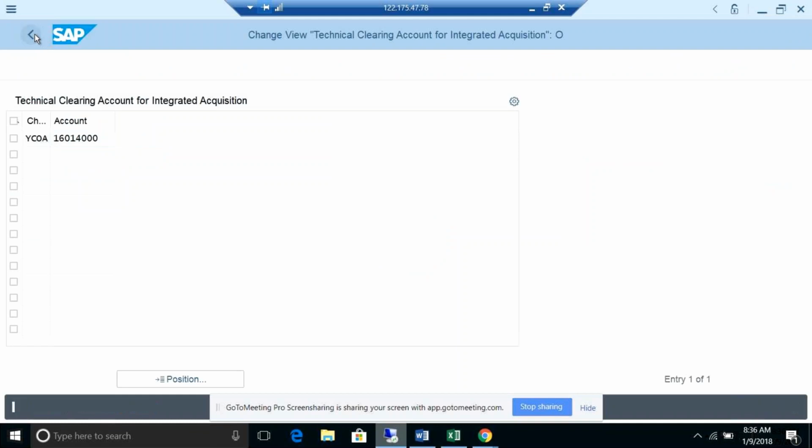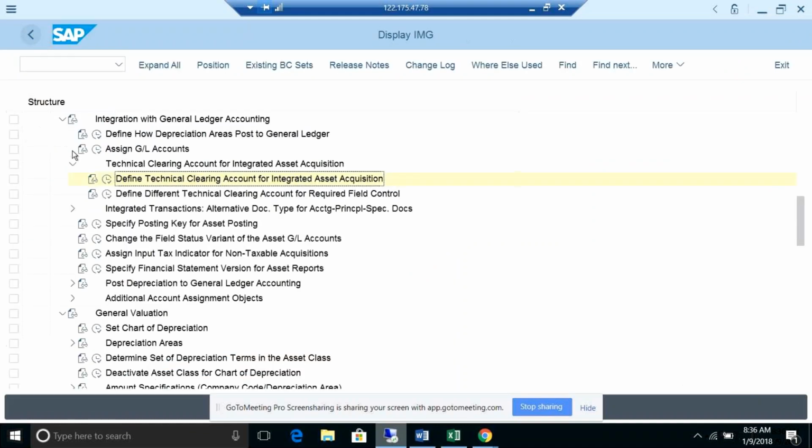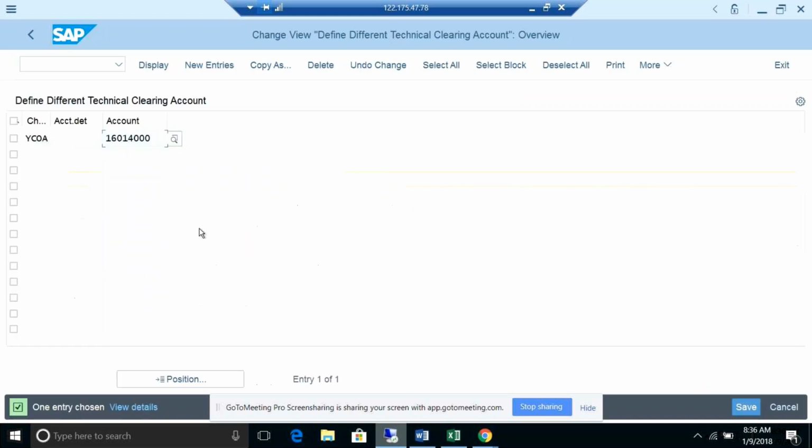also use the combination of your account determination, technical clearing account with required account determination. For example, if I wanted to differentiate with different asset classes, I wanted to show with different technical clearing accounts.